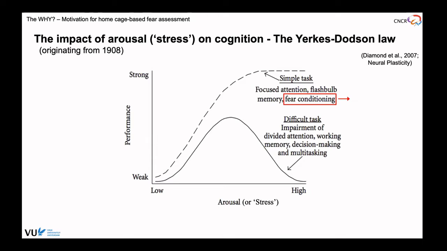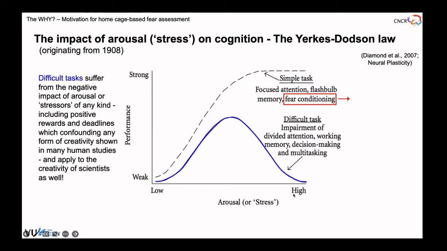So, and finally, and this is an important feature, since I always have been linked to psychology a little bit and also psychiatry, is the Yerkes-Dodson law. The performance as a function of arousal or stress. And the major issue is difficult tasks suffer from the negative impact of arousal, in that instead of a, let's say, sigmoidal function, where in simple tasks we reach a maximum and the performance then stays at this maximum, we know that there's a bimodal function where, of course, I always tell this to students, if you